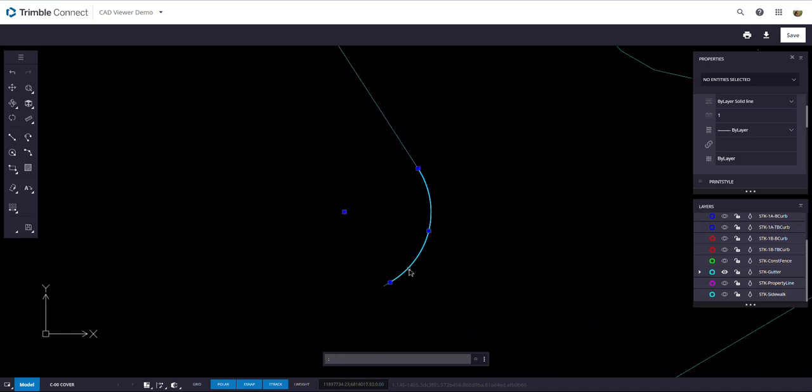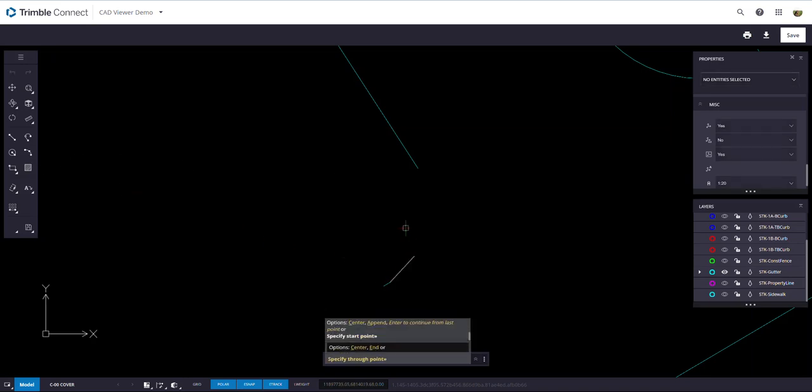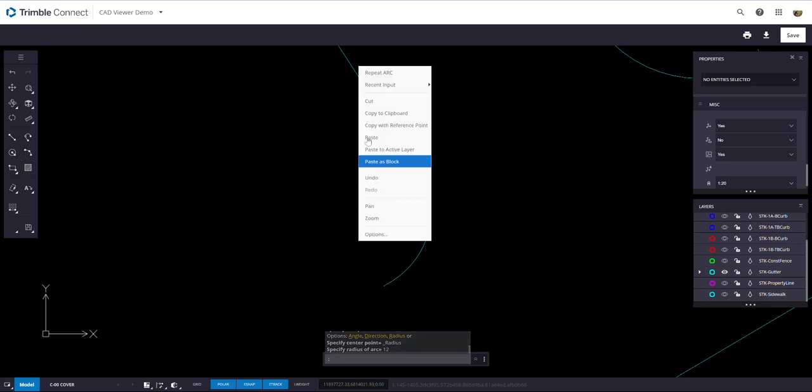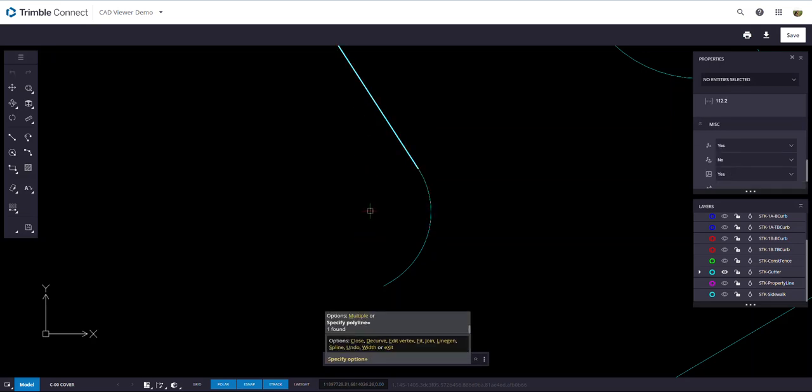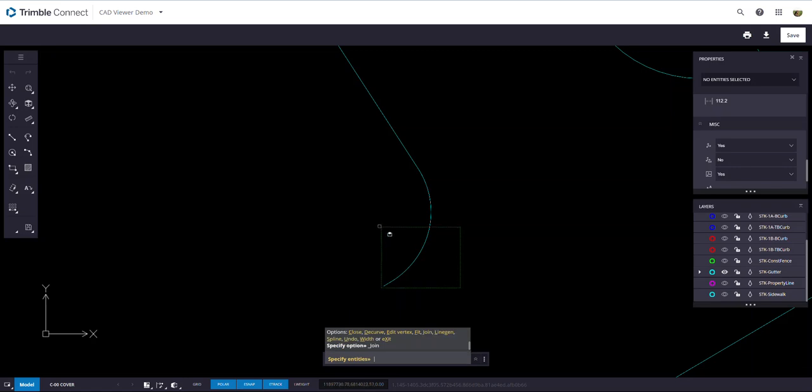So this one, if we take a look, it's an arc. Is it showing our radius? It's got a 12-foot radius, which is showing right there. So what I'm going to do is I'm just going to delete that, and do a new arc, and we're going to go from here to the end, and radius being 12. And then I can double left click on that, right click, join. We'll select these entities,